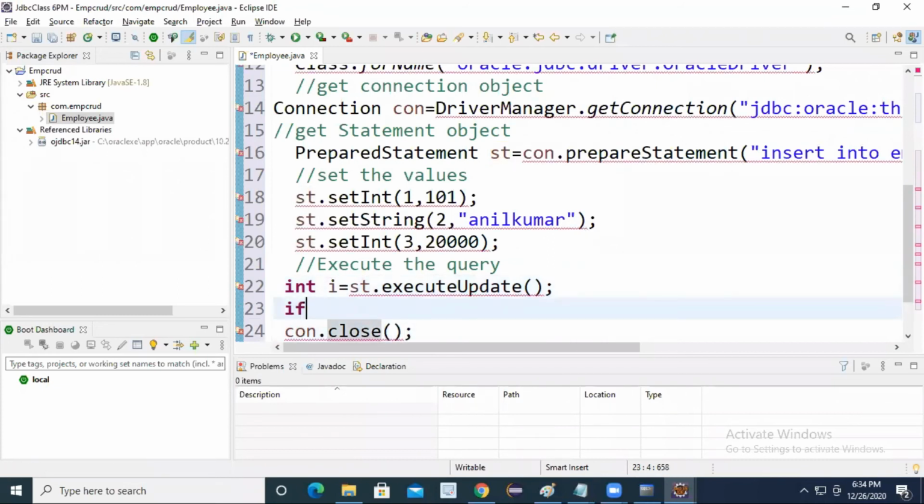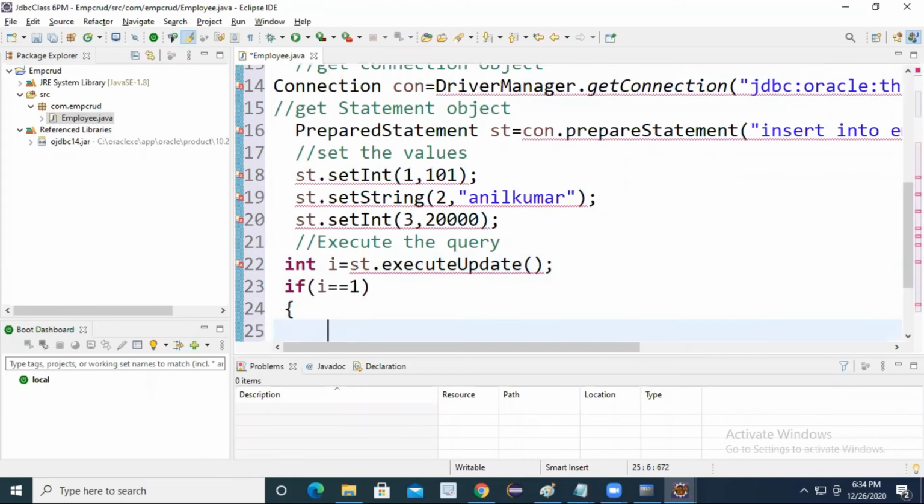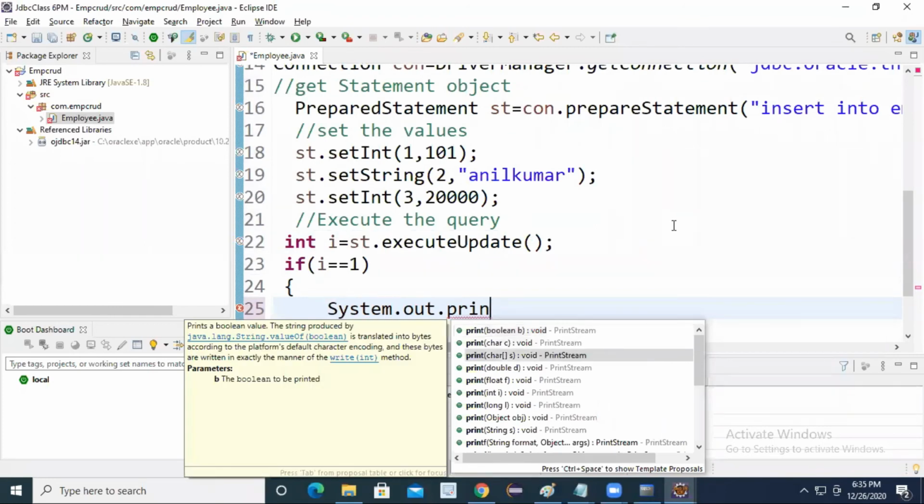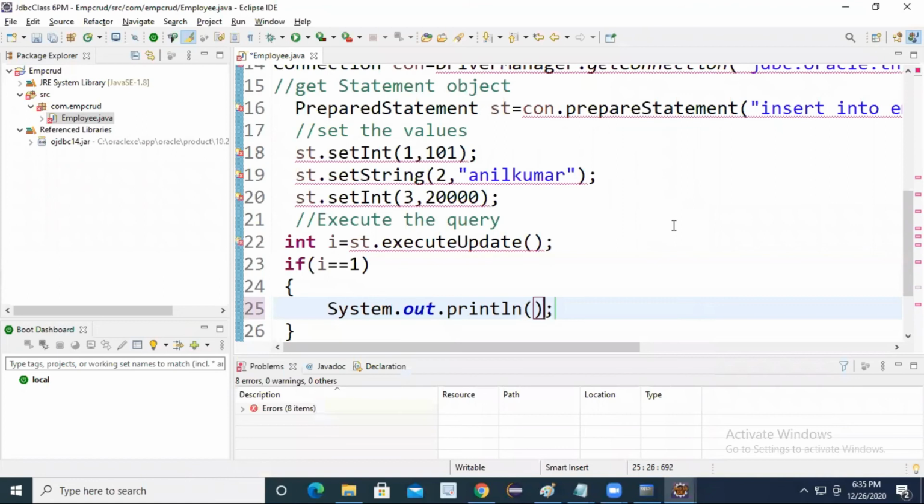After this, if you want, you can print one statement also. Here you can write if i double equal to 1, I want to print one message, System.out.println, employee added.